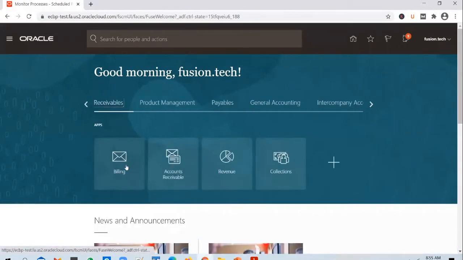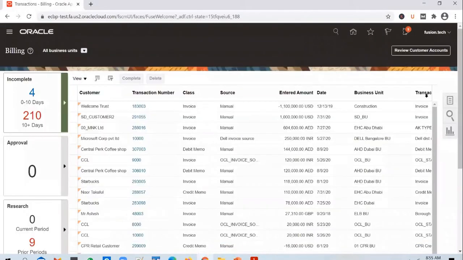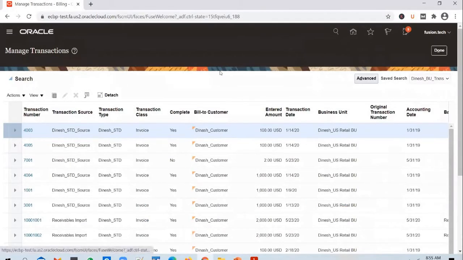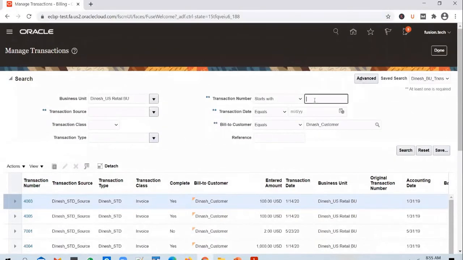So you go to receivables and you go to billing. I'll just have the invoice open here and we will start off with a BIP report build now. Let me search for a specific transaction.